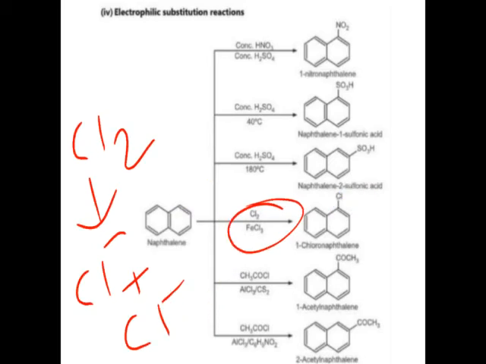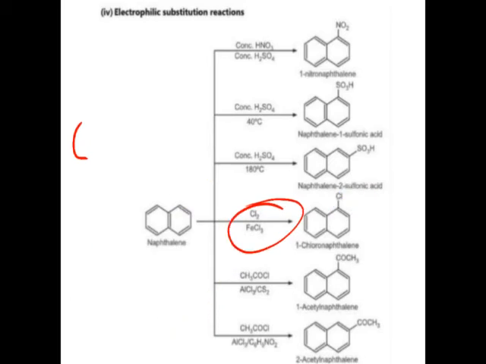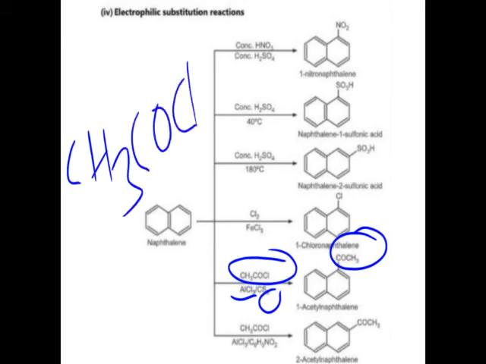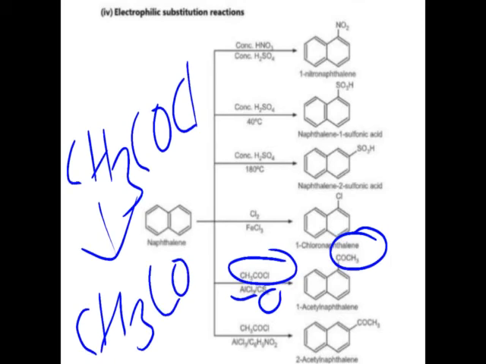The next reaction is the Friedel-Crafts acylation reaction. If you have heard the name or seen the reaction, in the Friedel-Crafts reaction the reagent used is AlCl3 along with the acyl chloride, or we can use CS2. The acyl group is the COCH3 group. Now CH3COCl, how will it dissociate? CH3CO plus